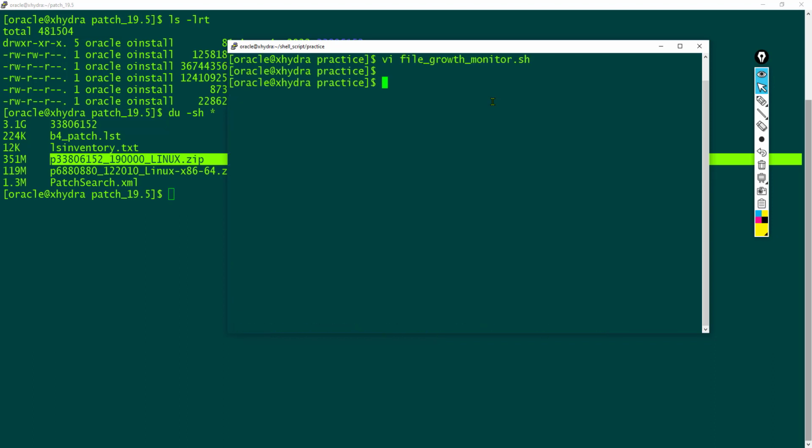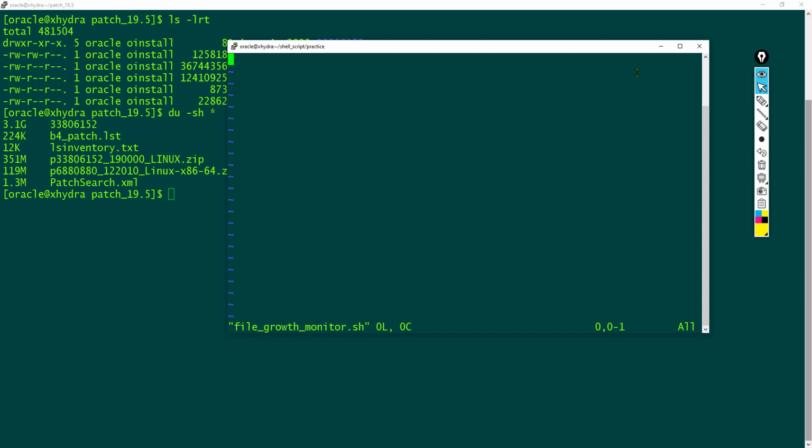Okay, just save this. Just open your practice directory and create this script. Now I will insert and write this line of code: /bin/bash, followed by the shebang. Then